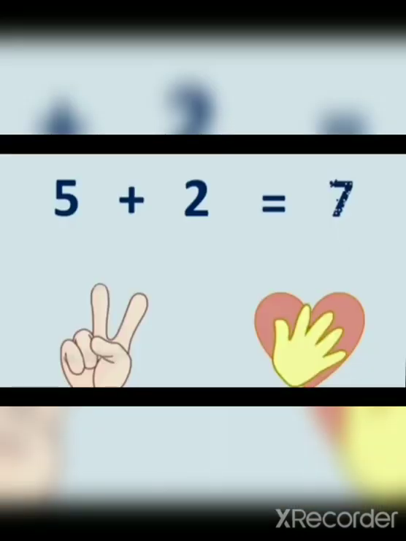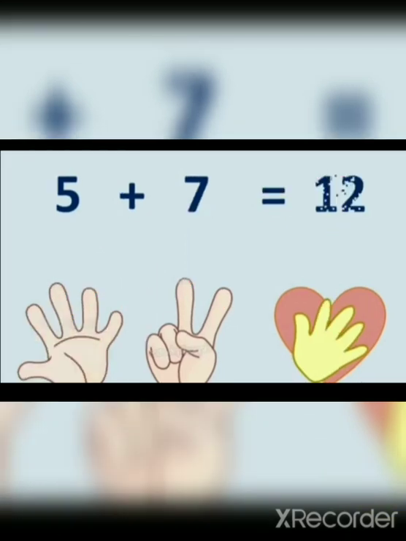Let us see examples. Do you know what is 5 plus 2, or how 5 plus 2 is equal to 7? Let us use counting fingers to find the answer. First, put the number 5 in the box or in this heart. And then put out 2 fingers. We can start to count now. After 5, 6 and 7. Finally, we get 5 plus 2 is equal to 7.